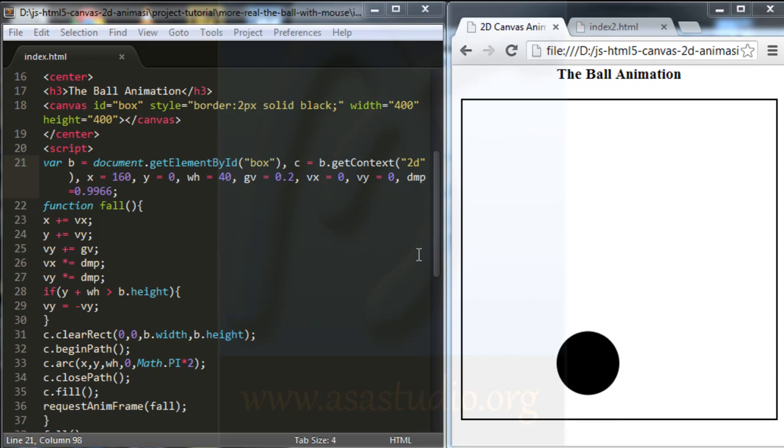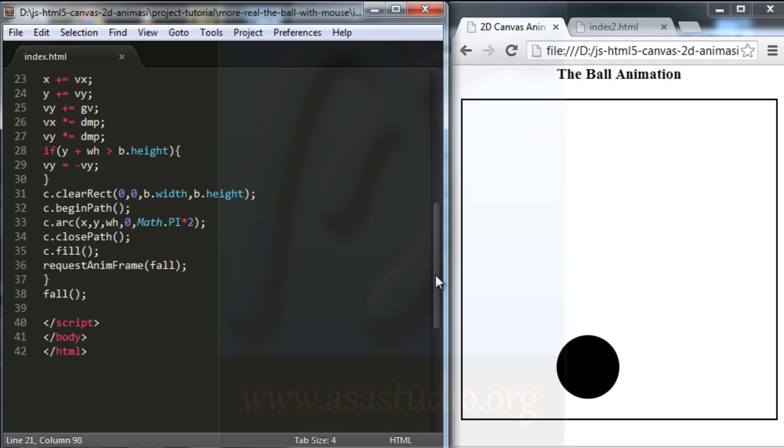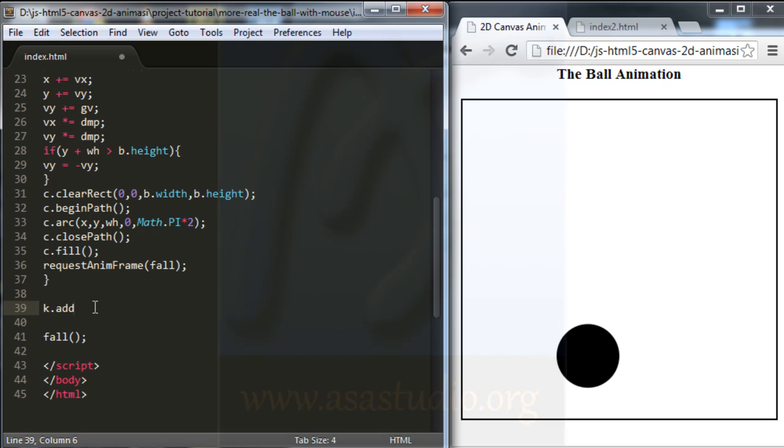Okay, I have the animation like this, more realistic. Now I will add a function for the mouse. If the mouse clicks, I add k.addEventListener here, with opening and closing parentheses,